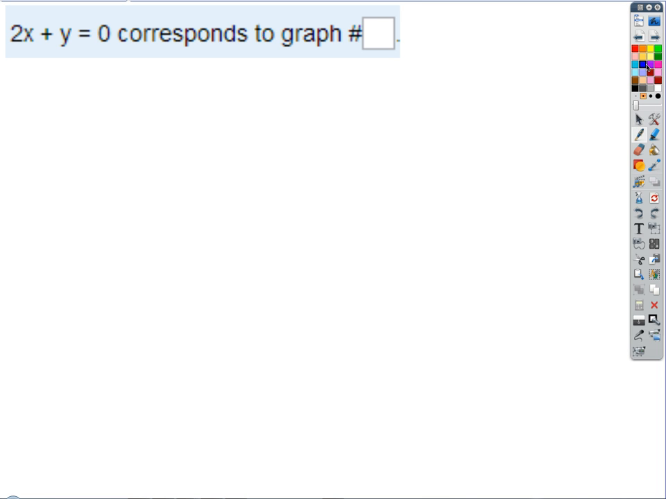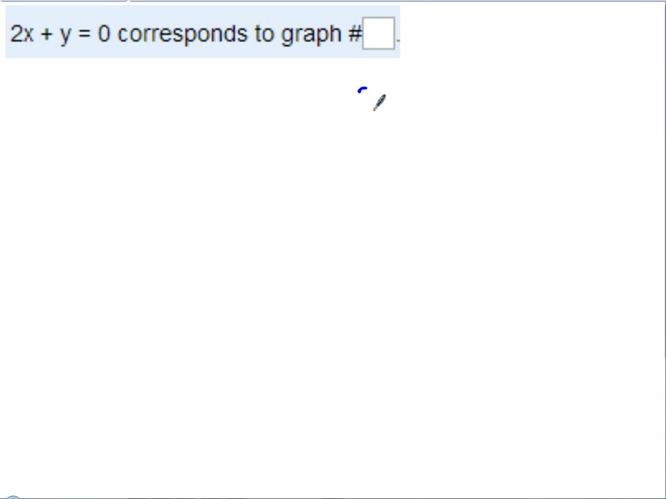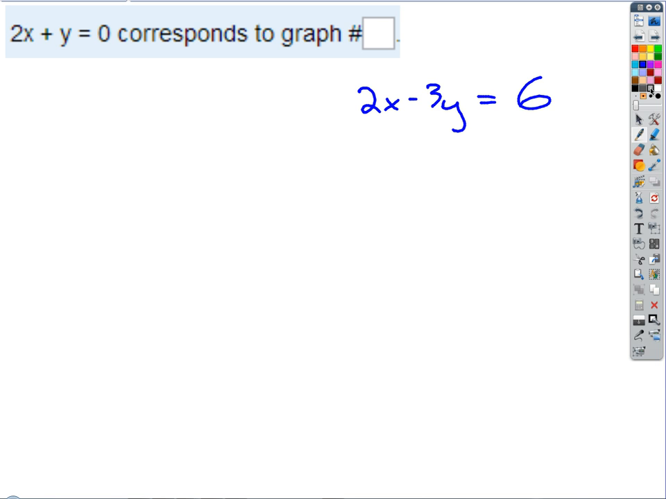Okay, now what if I have one like this? What if I had the line 2x minus 3y equals 6? I want to remind you about that little cover-up trick. Yeah, the 0 thing, good. So if I want to graph this one,